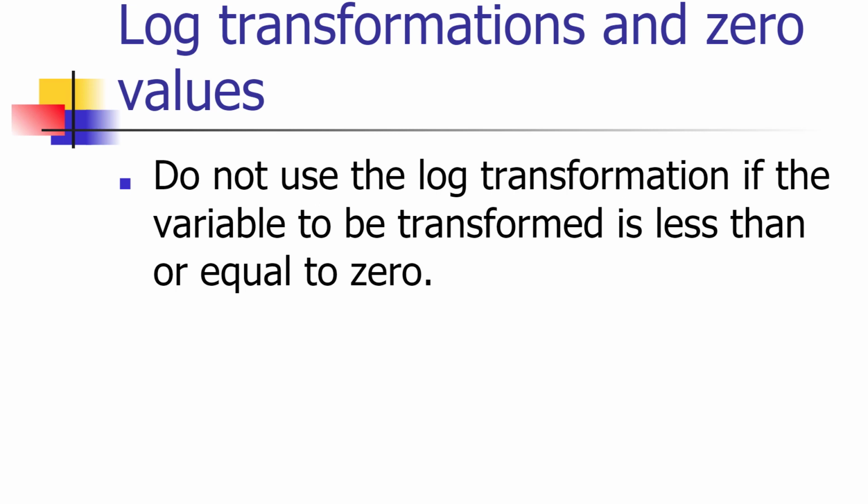Couple of things to remember. One is you can't use a log transformation on either a dependent or an independent variable if the values of that are 0 or negative. The log transformation is only going to be defined when we have values that are strictly positive. So if you have observations that are 0 or negative, a log transformation is simply not appropriate for your data.